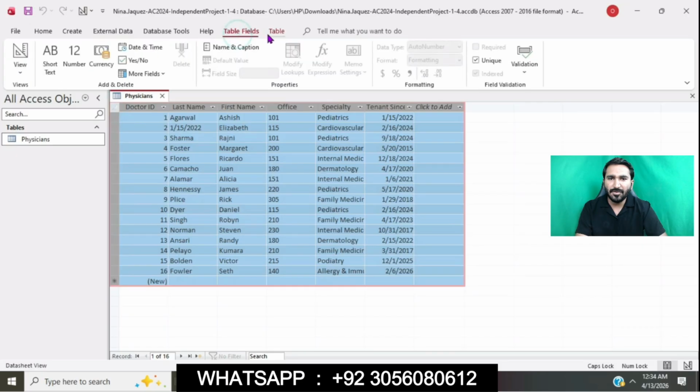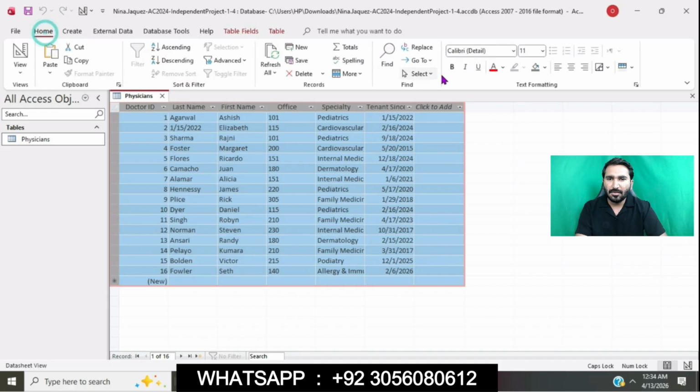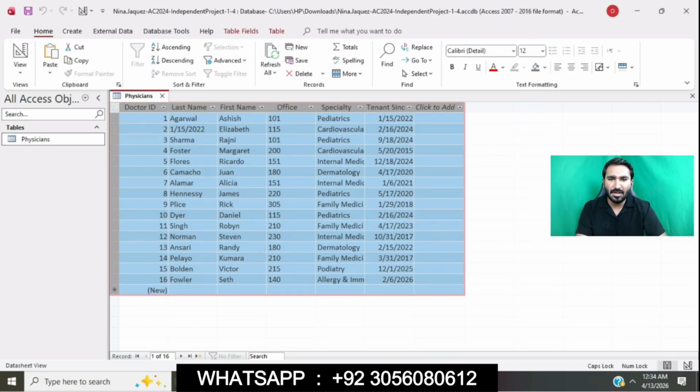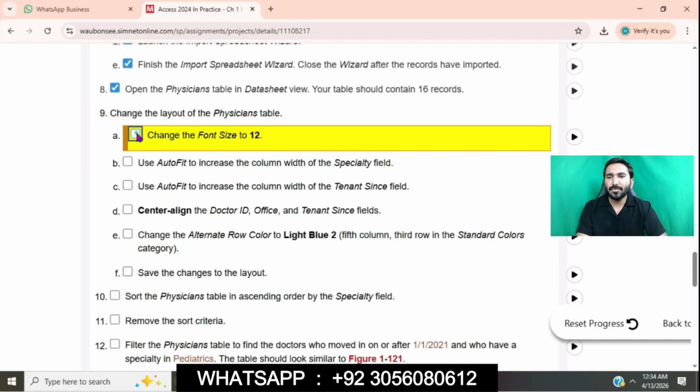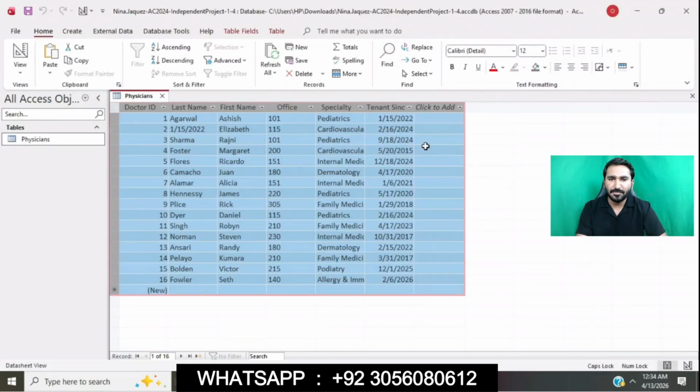Go to the table fields tab. Okay, we will select our physician table. Go to the home tab in the text formatting group. Go to the font size arrow. Select 12 font size. So point B is to automatically increase the column width of specialty field.